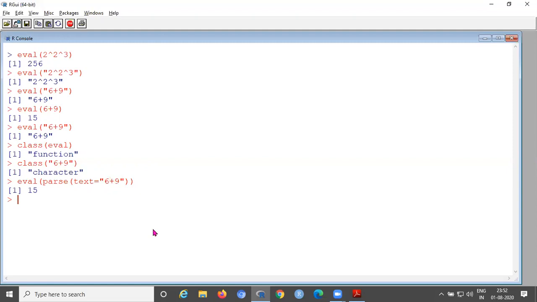You can see the string 6 plus 9 is converted into an expression. Now the expression 6 plus 9 can be evaluated. What is the result? 15.